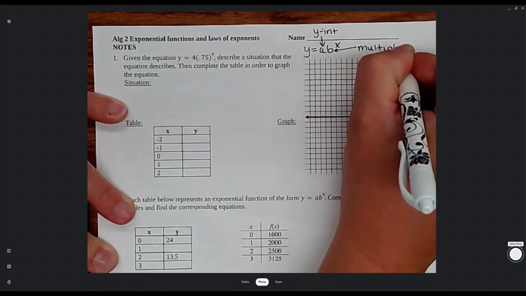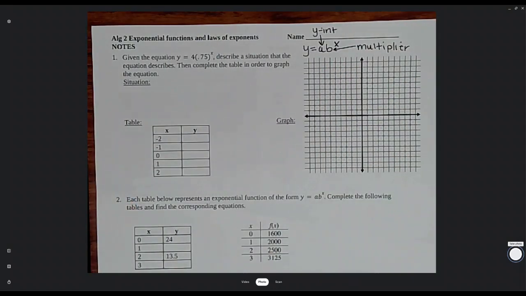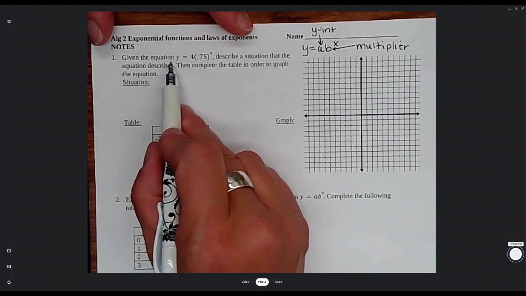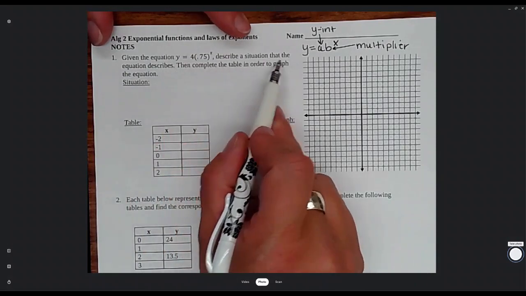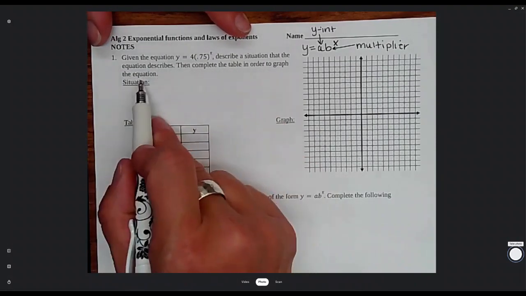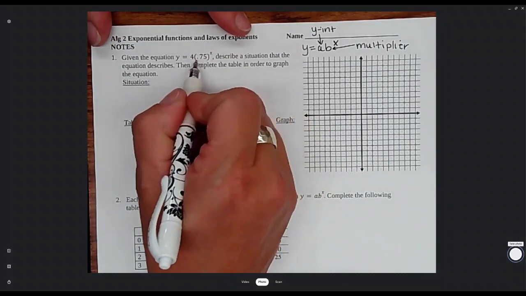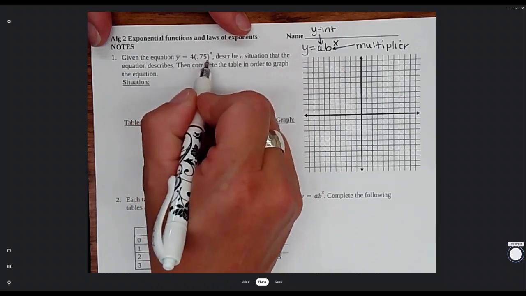And perhaps you remember this from earlier courses. At least that's the hope. So when we see a situation like this first one, it says, given the equation y equals 4 times 0.75 to the x, describe a situation that the equation describes, then complete the table in order to graph the equation. For this one, because this multiplier, or sometimes it's referred to as a growth factor,